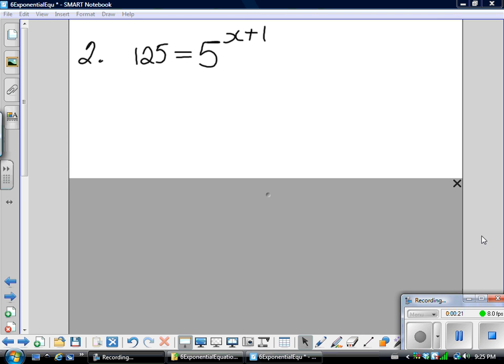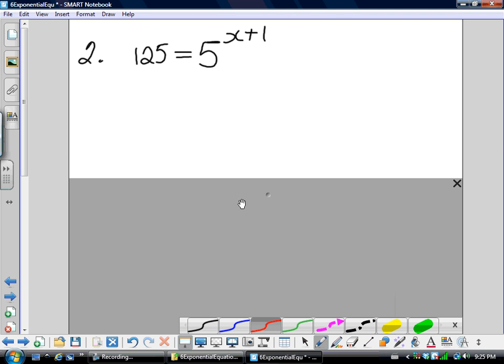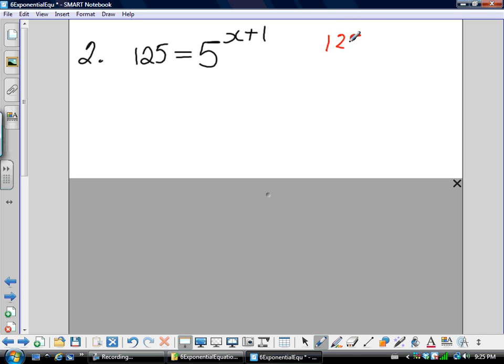So again, if I don't know it off right away, I'm going to take my calculator and do some guessing. So I want to take my 125 and I want to change its base to 5 to the power of something. Now, it doesn't take too much work to guess and check with my calculator, and I find that I want the number 3. So then I go over to my question, and I'm going to change 125 to 5 to the power of 3. I keep the other one the same,